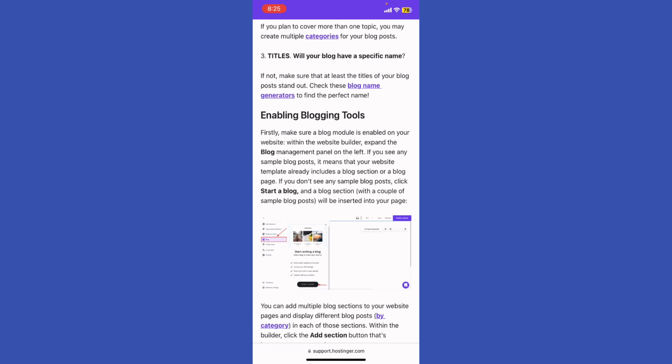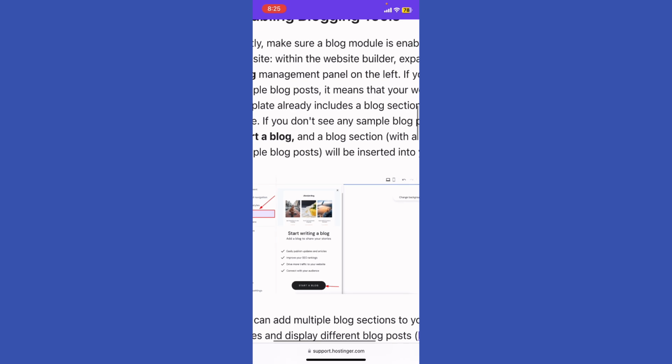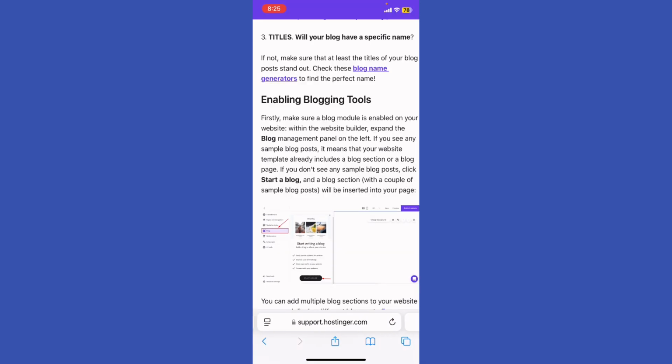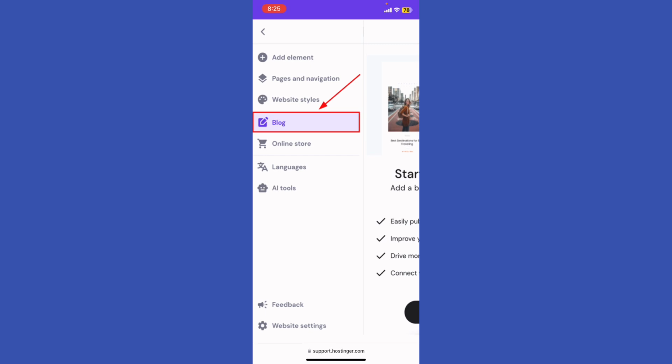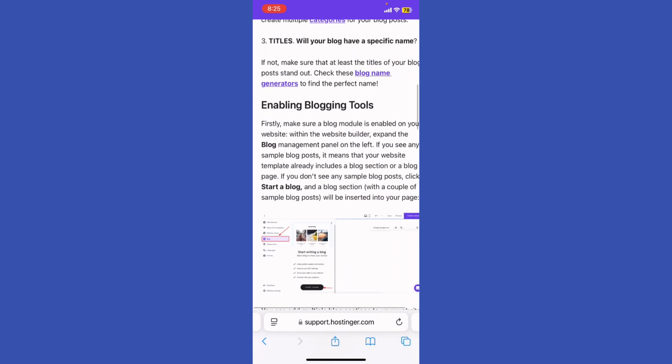And after you have the title, what you're gonna do, just go ahead and start creating and enabling blogging tools. So firstly, make sure that your blog module is enabled on your website within the website builder, of course. Expand the blog management panel on the left right here. You're gonna see it. Let me just go, not here. Let me go back, right? You're gonna see it right here. Click on blog right here in the